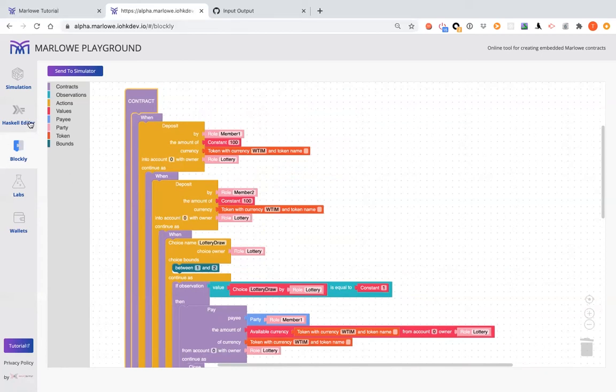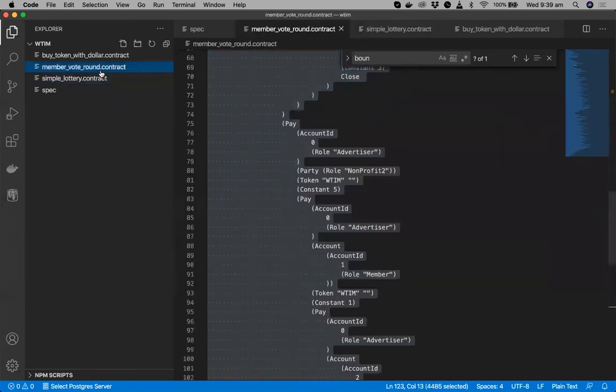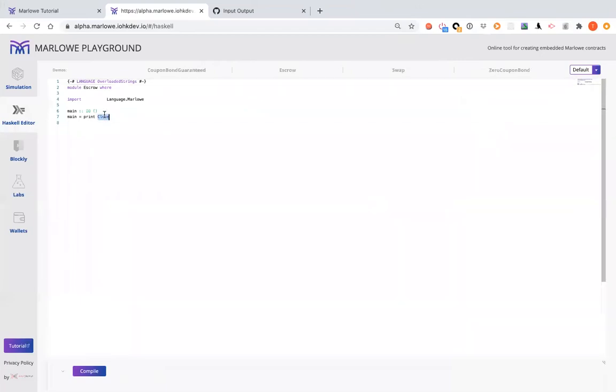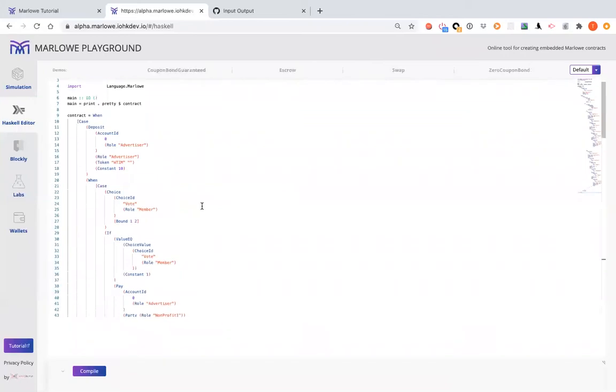Okay. So the next thing I want to show you is the error that I'm getting in the Haskell editor, which is quite frustrating. I'm going to take the member vote round contract and just put it here. So basically we write print.pretty contract, and then I'll say contract is equal to our whole contract that we had put in. So this is all fine. This is something that I briefly showed you in the last lesson. And when I hit compile,